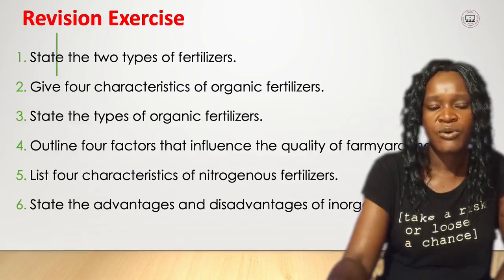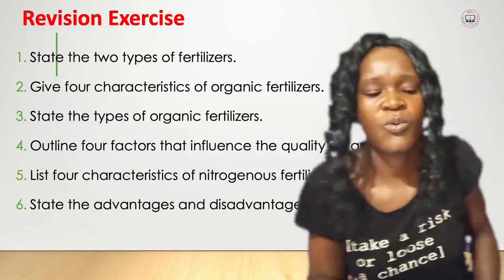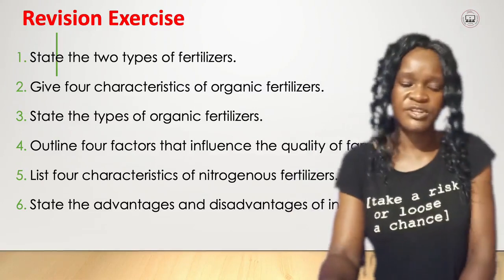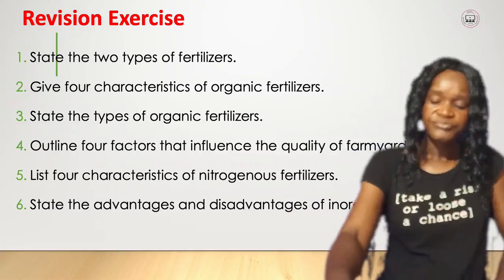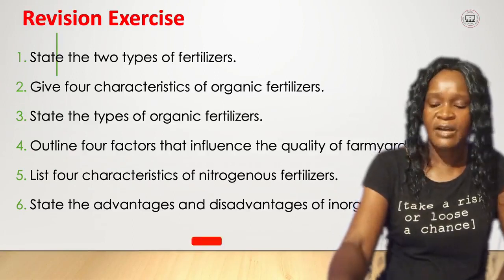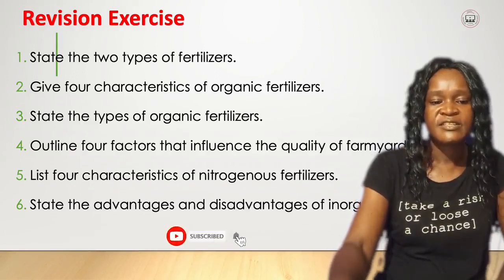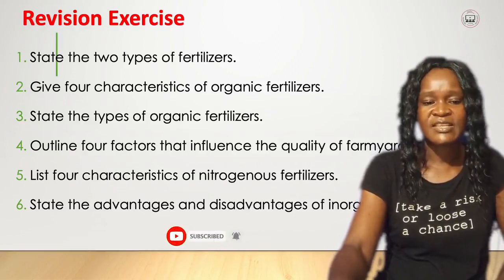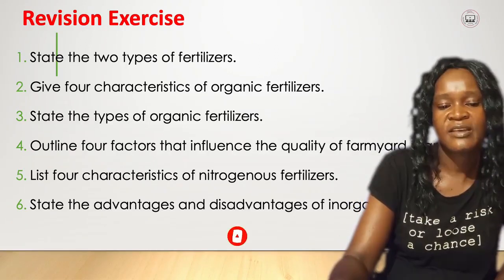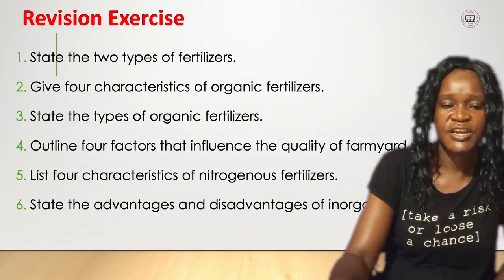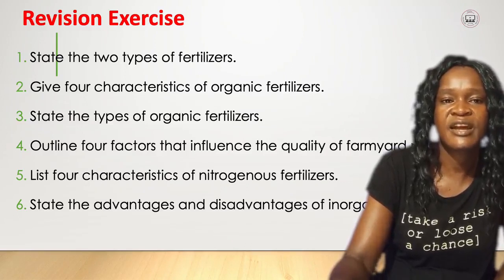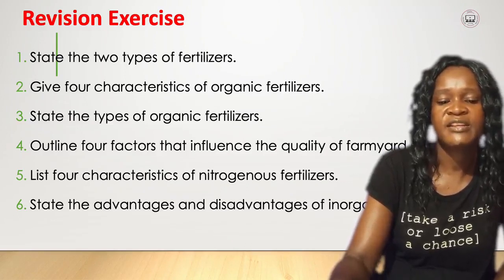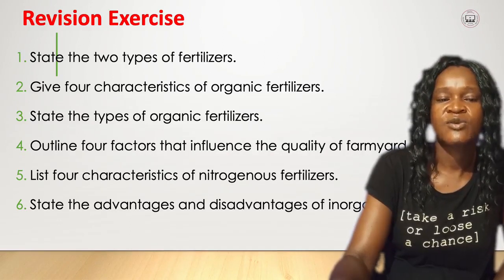You are also able to find out the ways which will help to maintain soil fertility. You are also able at least to classify fertilizers into 2, organic as well as inorganic, giving examples under each. And the most important thing is for you also to know the characteristics of organic and inorganic fertilizers, not forgetting